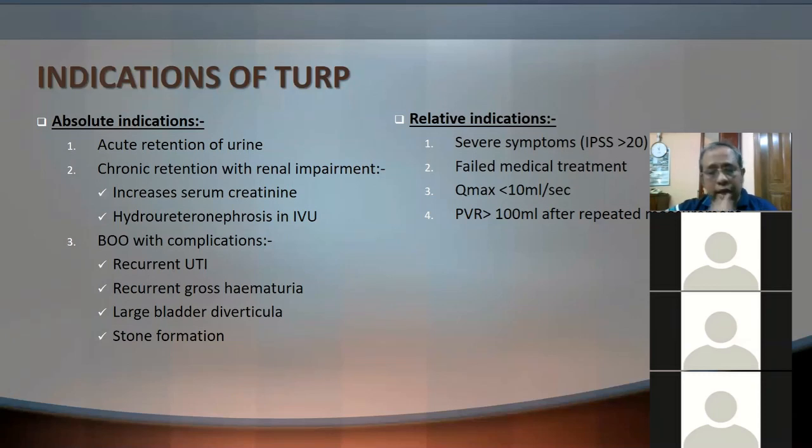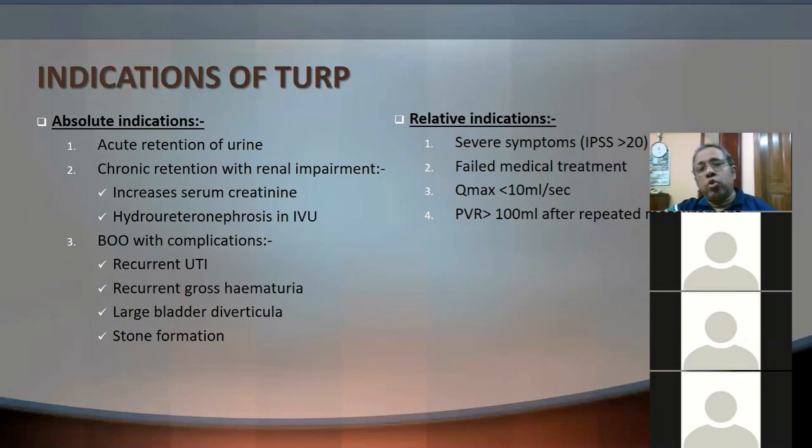Sometimes, to overcome that obstruction, the patient needs to work the urinary bladder more, causing some diverticula. Diverticula again are a cause of stone formation, infection, etc. For that reason, you must do the surgery. And whenever the patient has stone formation due to the enlargement of the prostate obstruction, those cases must have